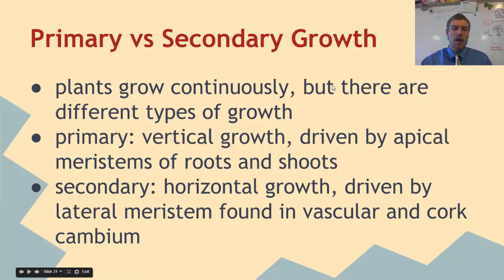So a quick note about primary versus secondary growth. Plants grow continuously, but there are different types of growth. The first is the primary. This is the vertical growth, which is driven by the apical meristems of the roots and the shoots. So that's going to be the stems, the tops. Whereas the secondary growth is horizontal growth and is driven by the lateral meristem found in vascular and cork cambium. So what happens first is the primary growth elongates the plant, and then the secondary growth comes along and expands